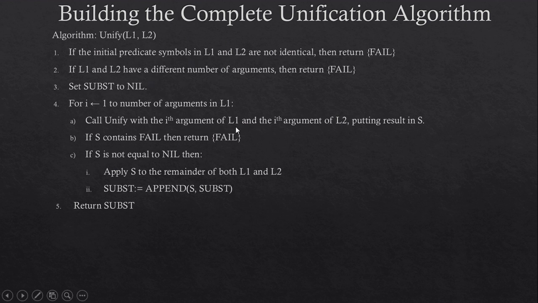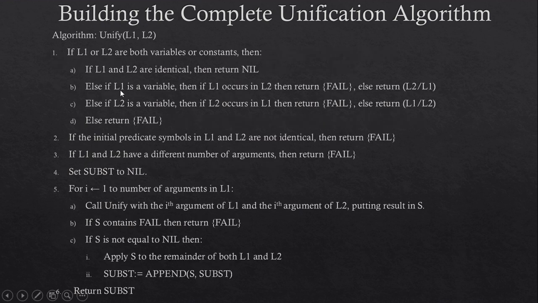So, as a solution, we place this piece of code right at the beginning of the algorithm as the first step, like this. That means now the unification algorithm will first check if the inputs are variables or constants. If they are, the substitution list will be returned by the end of the first step only. The second step will be encountered only if the inputs to the algorithm are complete predicates.